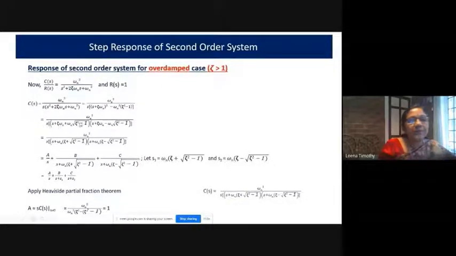So this is equal to omega n square into s plus... Again, this is in the form a square minus b square, so a plus b into a minus b. So s plus theta omega n plus omega n into root of theta square minus 1, a plus b, into a minus b, here minus. So omega n square divided by s into s plus. Now what we have to do is take omega n outside.